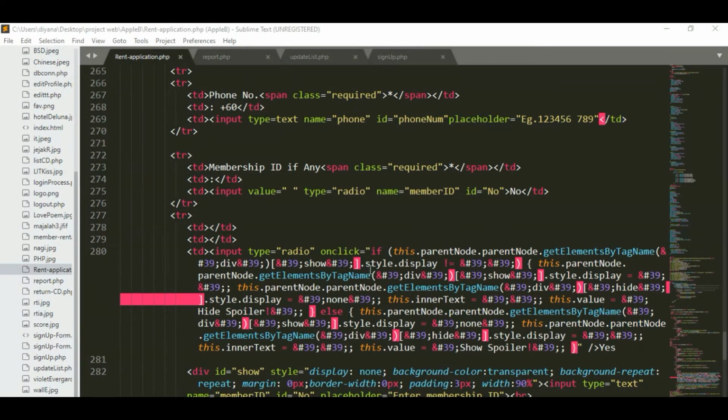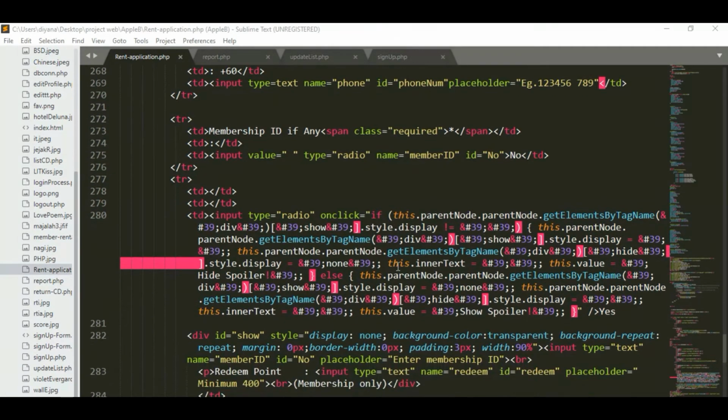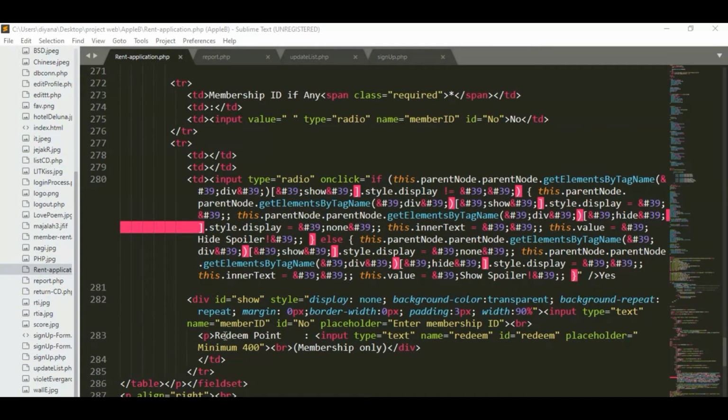Input type radio on click. And this one is input type text member ID. If you choose yes, you have to put member ID, enter membership ID here, and then you can enter redeem points. This is only if you are a membership